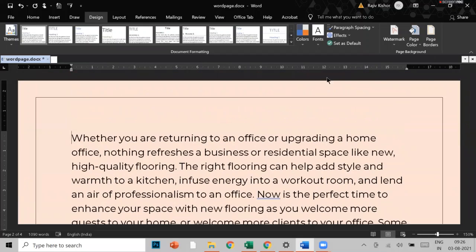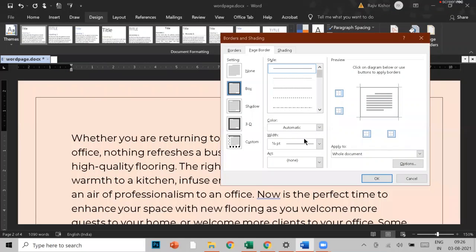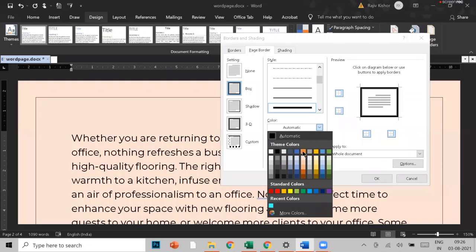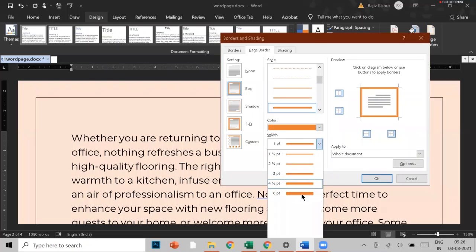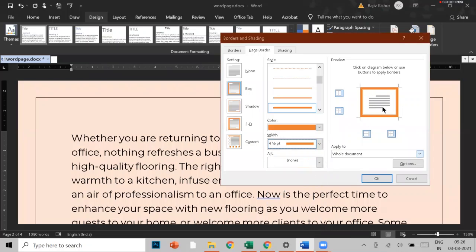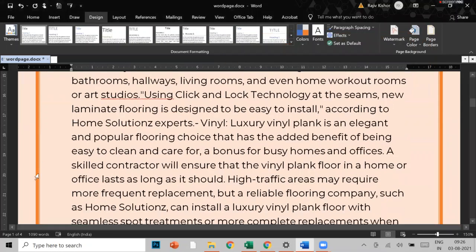but it has many more options. Just click on it. Next, you can see so many styles are given, dotted and dash, so you can select any one. For example, I want to have this style. Next is a color, because you can see it is showing how it will come like this. Next is a color. You can select the color also. Next is a width. So if you want something like this one, you can select this one also. Now click OK. So now you can see the border is appearing.